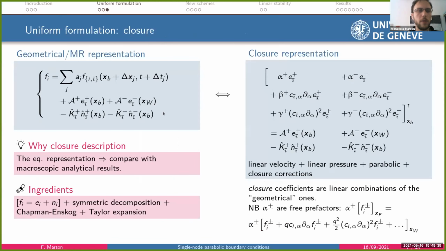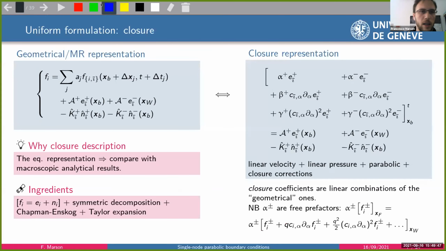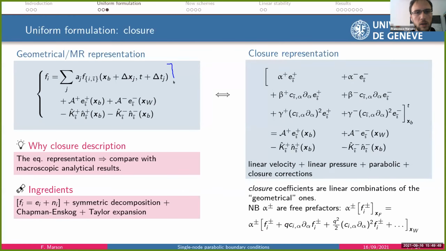So now from this type of representation, we can also introduce an additional representation that is somehow more useful to develop the boundary conditions. And the idea basically is to transform this term here into this term here. And we do that with the following